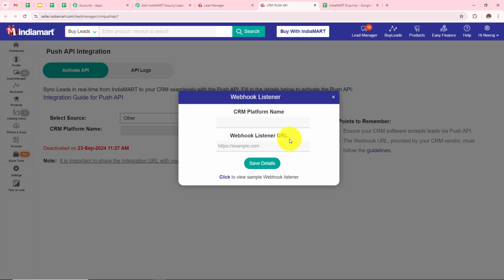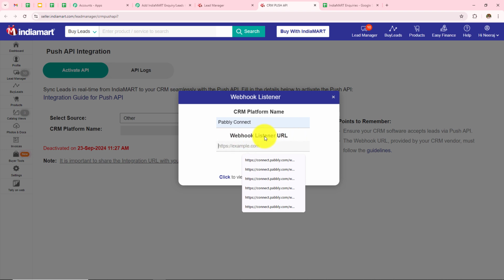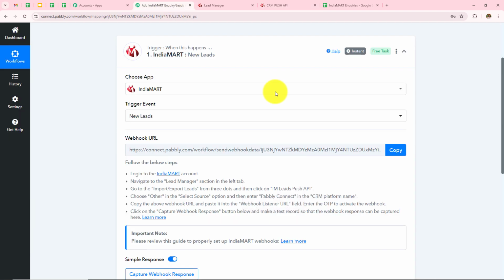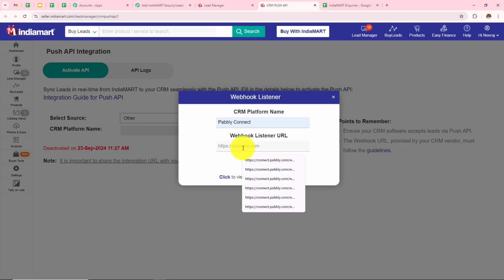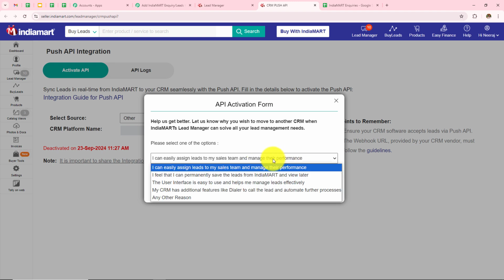So first I will enter my CRM platform name, which is Pabbly Connect, and then I need to enter my webhook listener URL. So I'll go back to Pabbly Connect, copy this webhook URL, and simply paste that over here. Now I have to click on the save details and select the options that why I want to connect IndiaMART